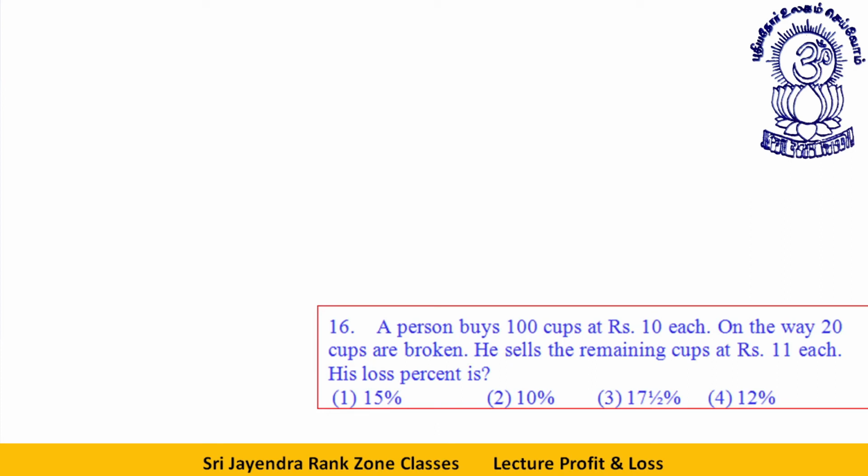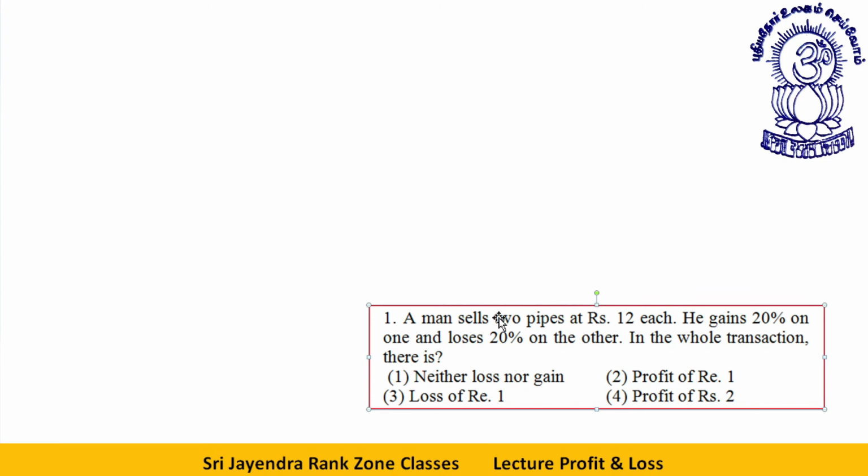Let's take the next one of the next type. Now, a man sells two pipes at 12 rupees. He gains 20% on the one and he loses 20% on the other. In the whole transaction, we now have to tell what is the loss or gain. Okay. See, a man sells two pipes, 12 rupees each. He gains 20% on one and loses 20% on the other. In the whole transaction, there is, see, first of all,